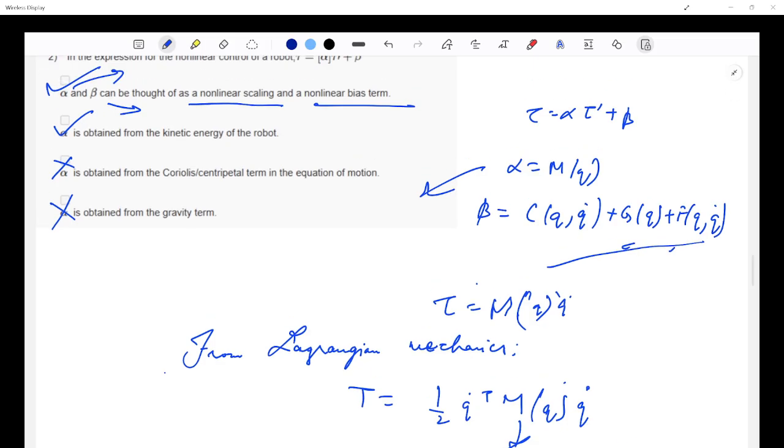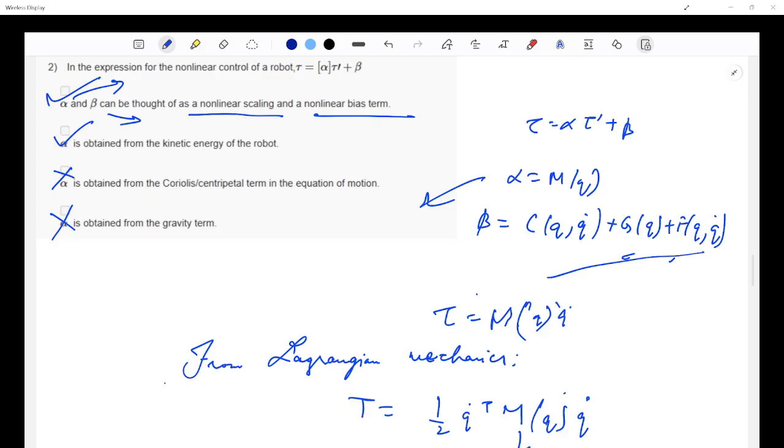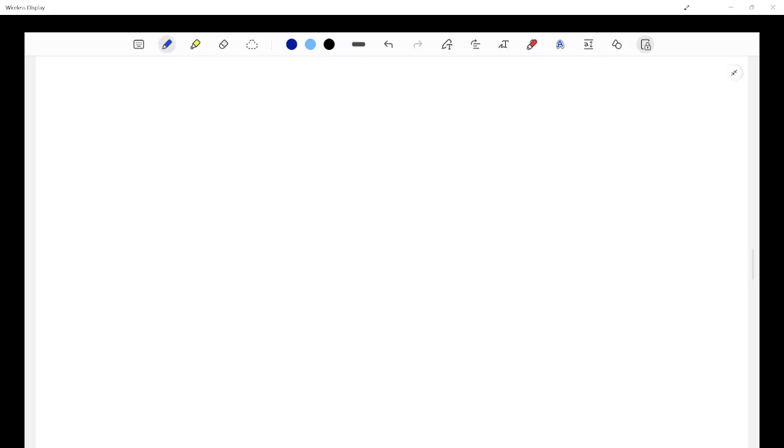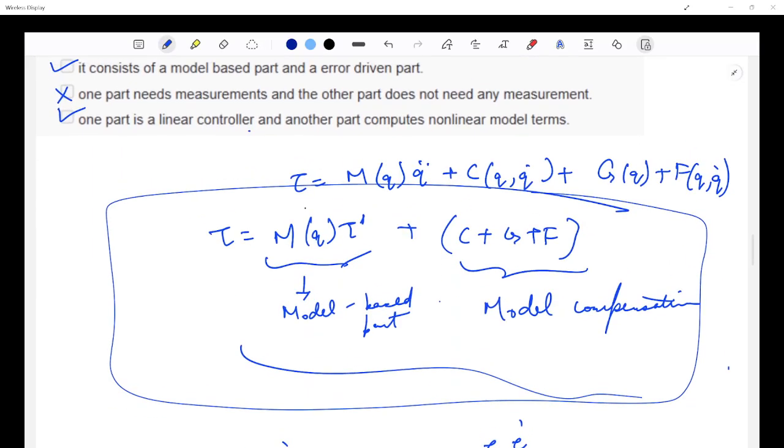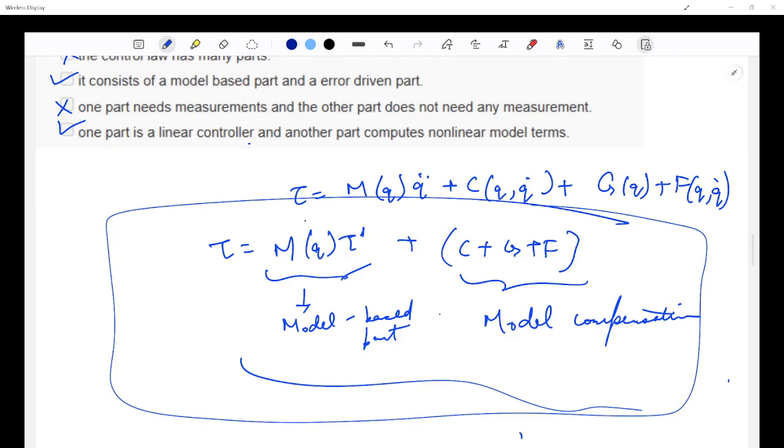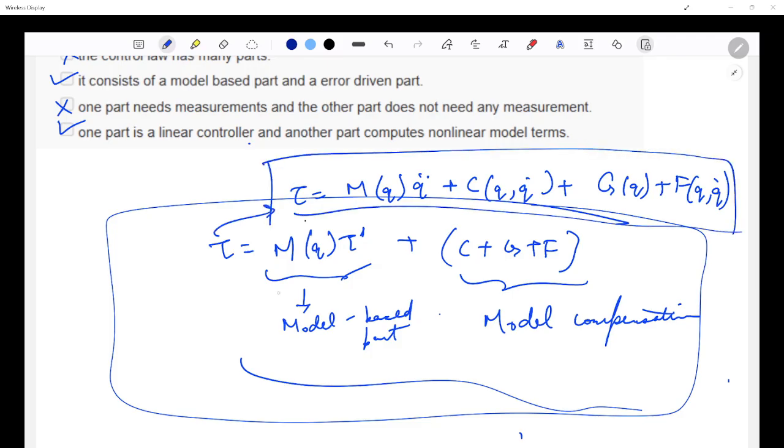I did not get what you said. My question is, when we eliminate alpha and beta... We are not eliminating alpha and beta. So let me show this to you. We are not eliminating. It's just that we have this robot dynamic equation, and here instead of torque, we are substituting this. When we are substituting this, the C, G and F terms cancel out and your torque becomes equivalent to q double dot, a linear decoupled unit.